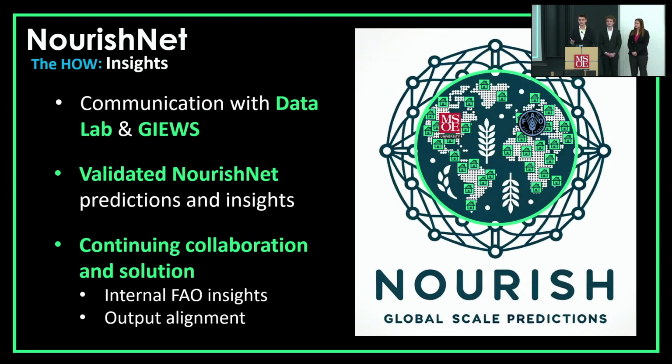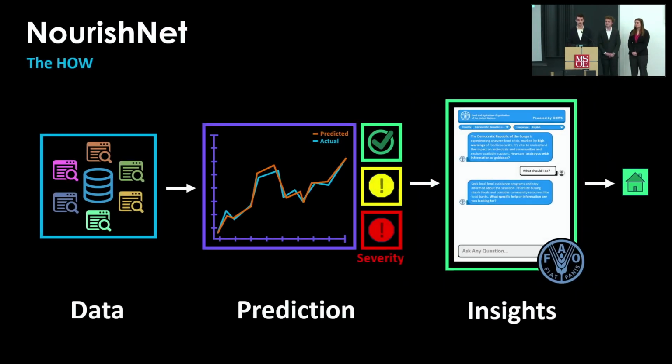They've currently validated both our NourishNet predictions and the insights we've provided as avenues they'd like to explore further, and this further exploration or collaboration will look like including the existing statistical analyses they've been spending years researching into this pipeline, as well as making sure the output of the chatbot is aligned with actually providing decision makers accurate and well-informed amounts of information. And that's been an overview of our NourishNet pipeline, where we take a variety of different data modalities, perform predictions on them, and then provide them in an easy to understand way so that communities can understand them, even if they don't have a technical background.